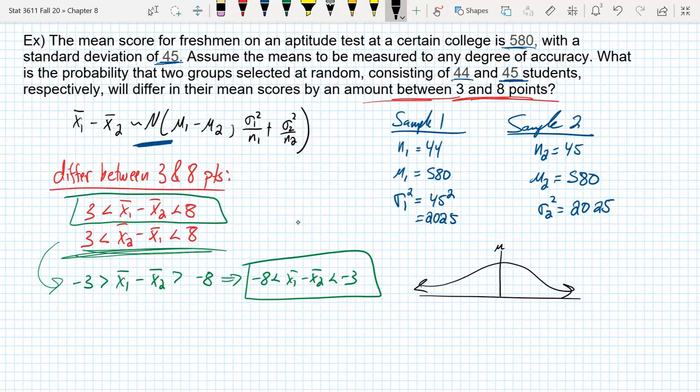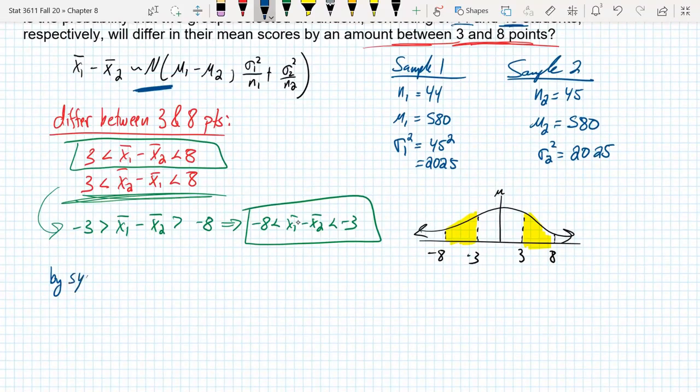this is our mean, right? And we want to be between 3 and 8 from our mean, so maybe that's like, here's 3 and here's 8, or between -8 and -3, right? By symmetry, because we're talking about a normal distribution here, these are the same areas, just on opposite sides of our normal curve. And so I'm going to write that down and notate that